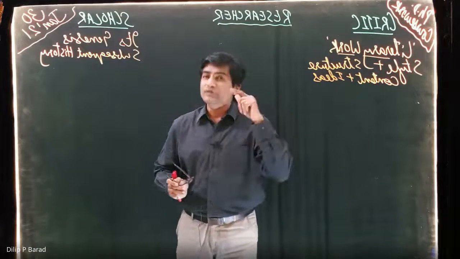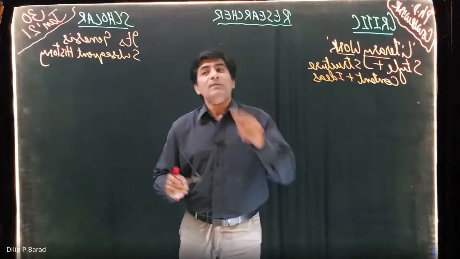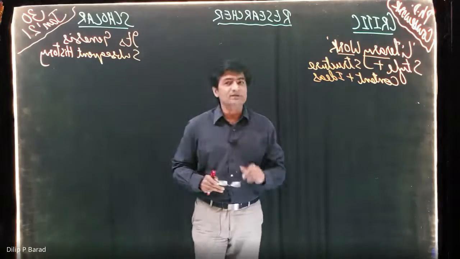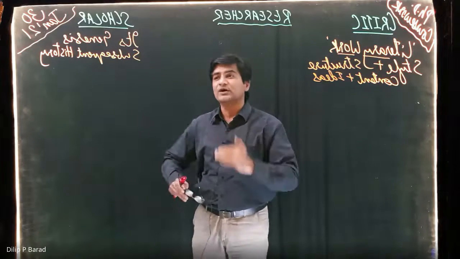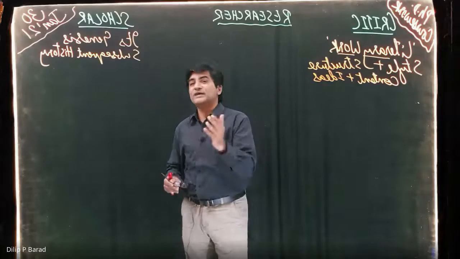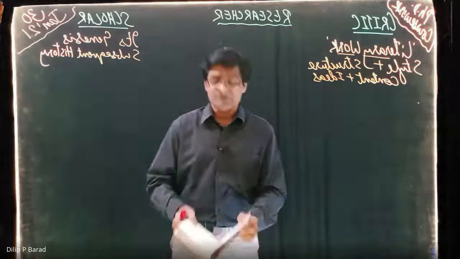So we can see here that the critic is the one who has a narrow insight into a literary work of art, which also is necessary for any reader or a scholar. At the same time, the scholar will be able to locate that work of art in a larger context, the genealogy of the work, from the genesis of the work to the subsequent historical context of that particular work.